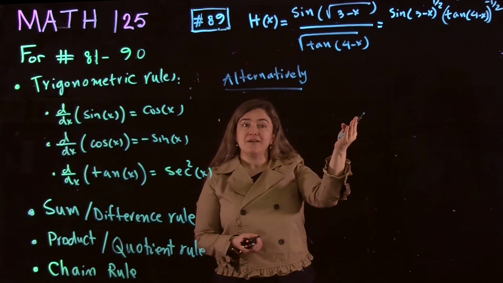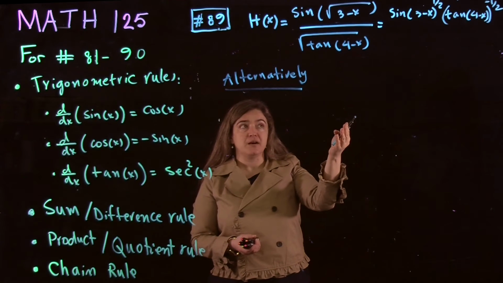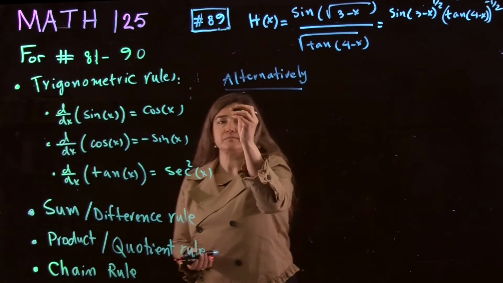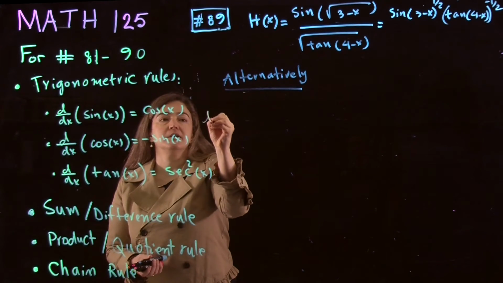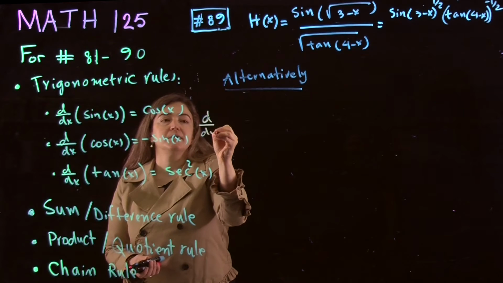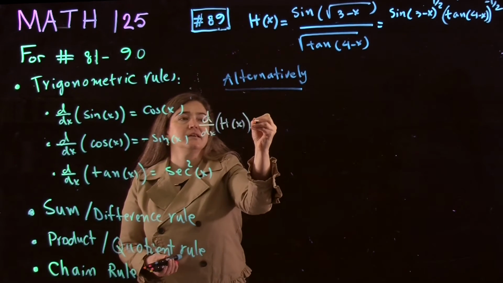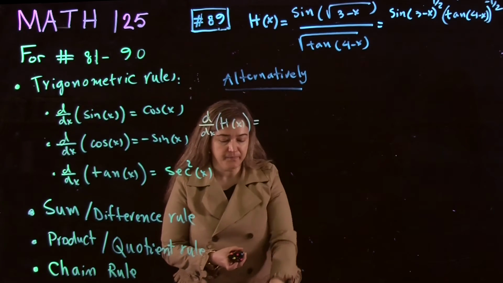This way I will have a product rule to take care of. The product rule in here, so the derivative with respect to x of h of x is going to be equal to